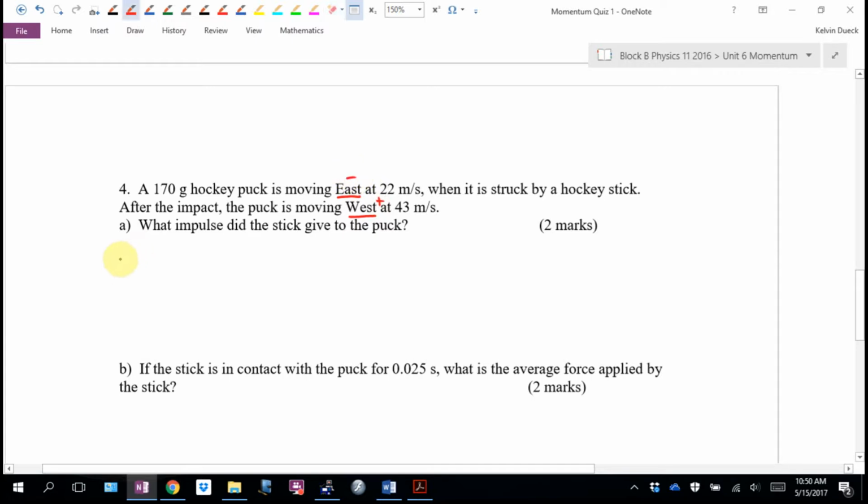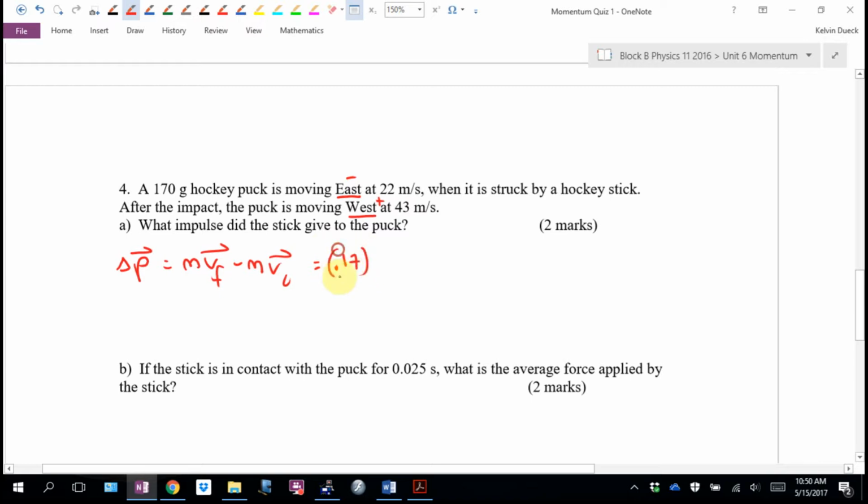It wants me to find the impulse. Well, impulse is change in momentum, and I think I'm going to use mv final minus mv initial. The reason I figured that out is I glanced at part B and I said, oh, they're asking me to find a force, so I'm not going to do it that way. The mass,